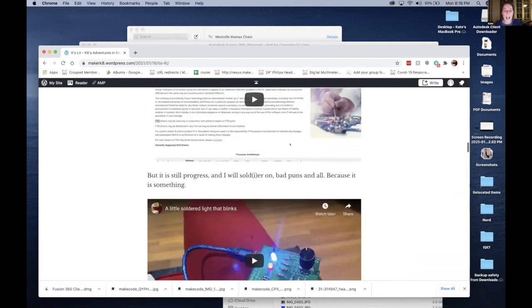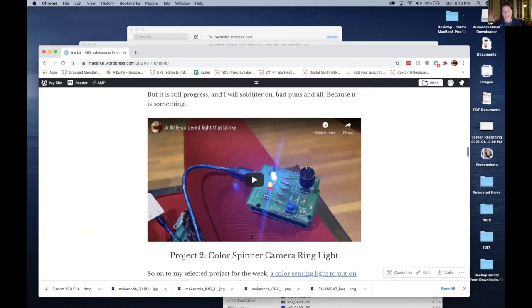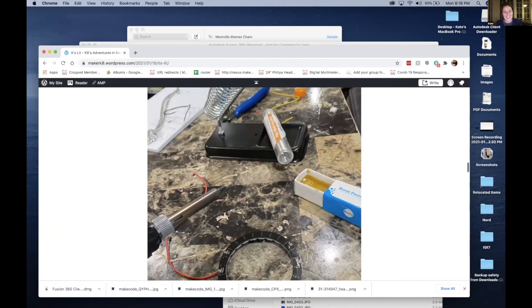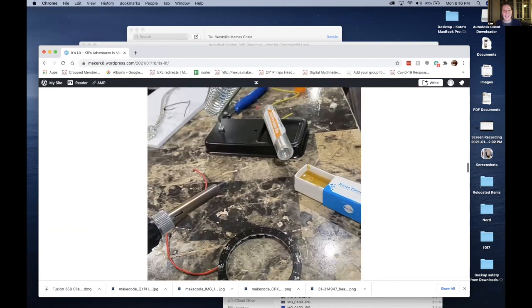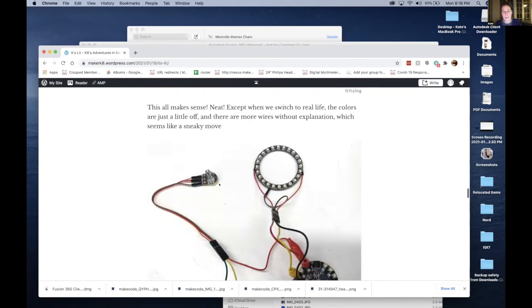So I made the shield, a little light that blinks. I finished that, which was exciting. Corey got me through it. It's good. Highly recommend using the little microscope to see it up close. I've done a few soldering projects, but I understand it better seeing it up close. And then this is my home soldering station, which is not as fancy. I guess it's a little fancy, look at that. But this is my big project that I did with Adafruit